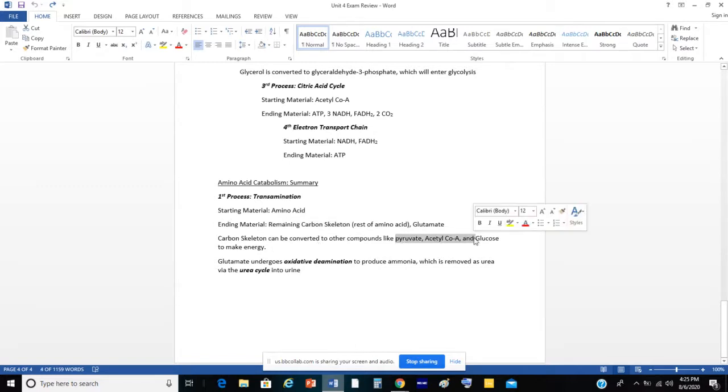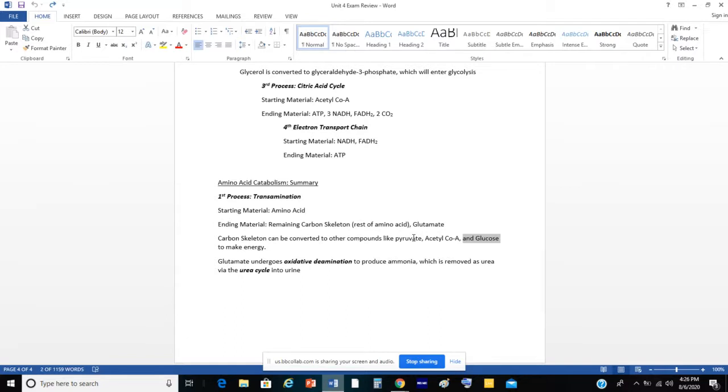It could get turned into pyruvate, acetyl-CoA, or just straight up glucose via gluconeogenesis. We know what all these things do. If you turn that amino acid's carbon skeleton into pyruvate, it will do pyruvate phosphorylation to make acetyl-CoA, which will go to the citric acid cycle to make ATP, and electron carriers go to the electron transport chain to make more ATP. If you turn the carbon skeleton into